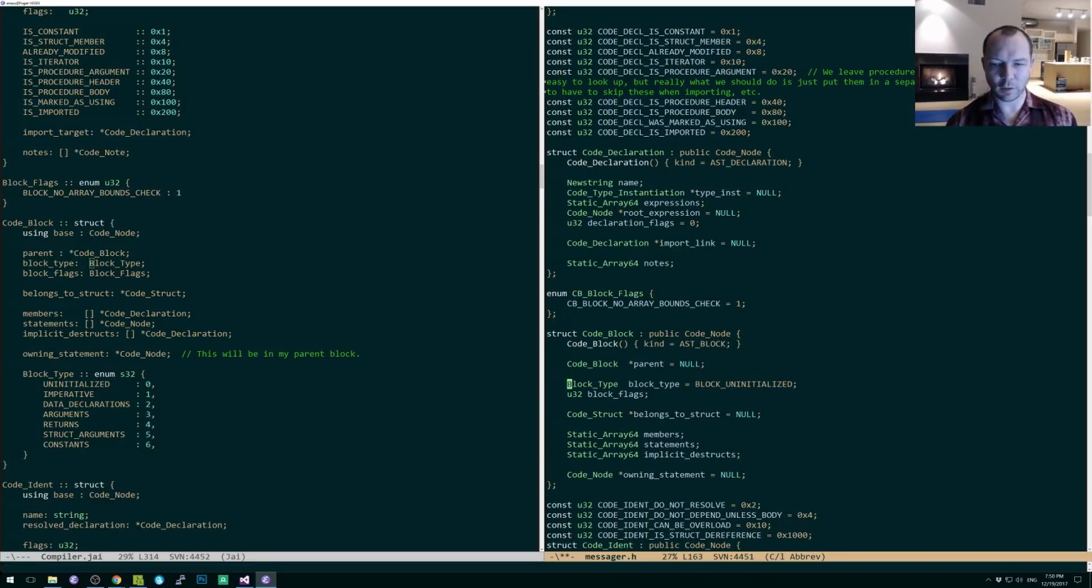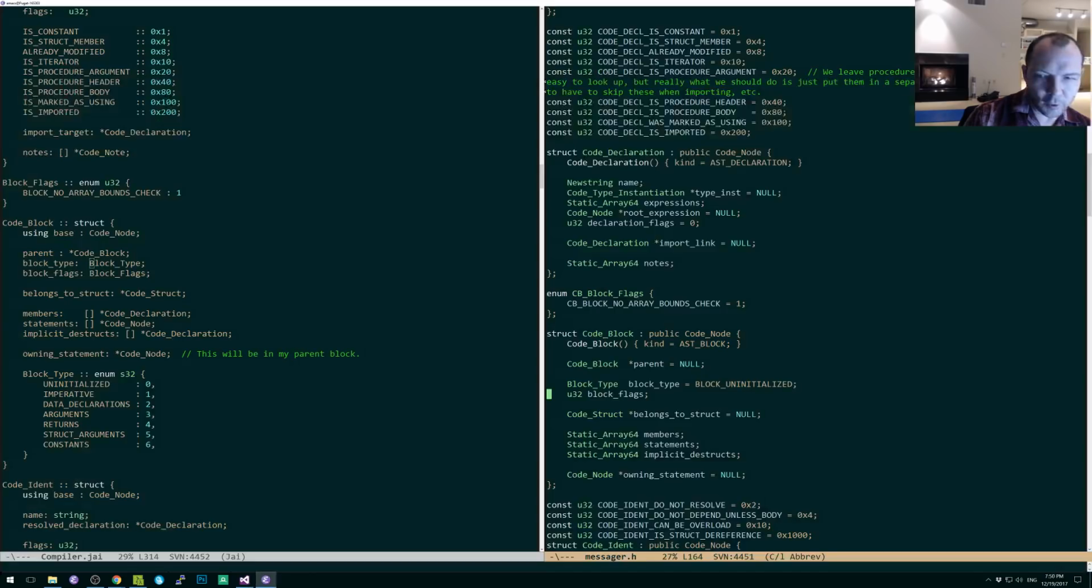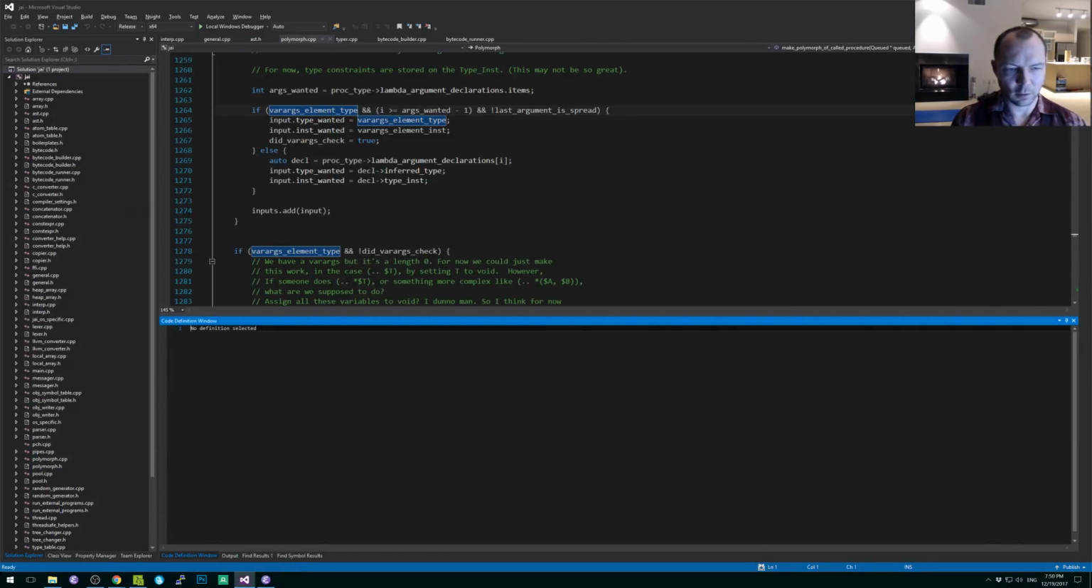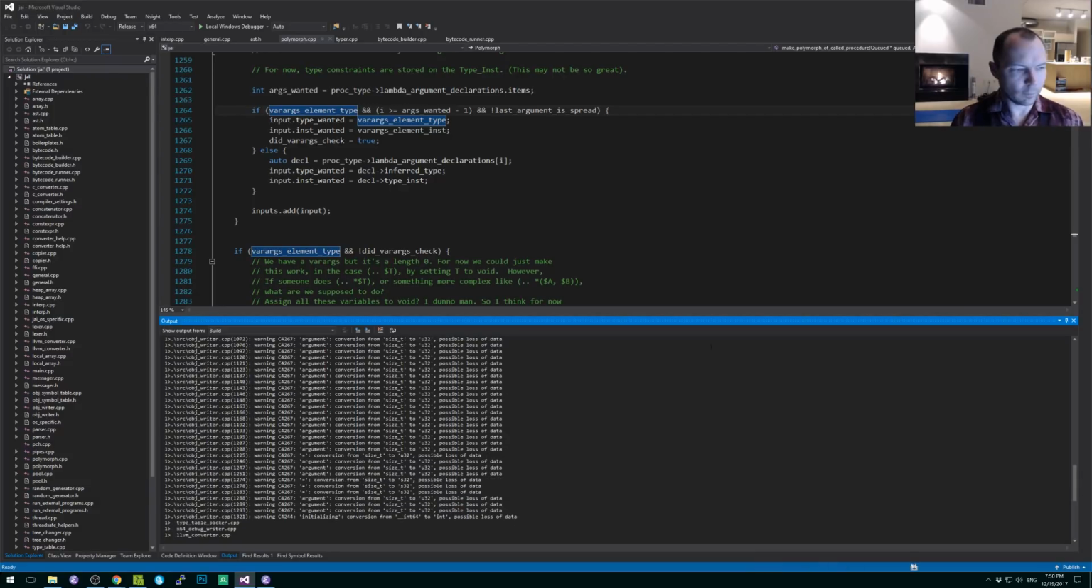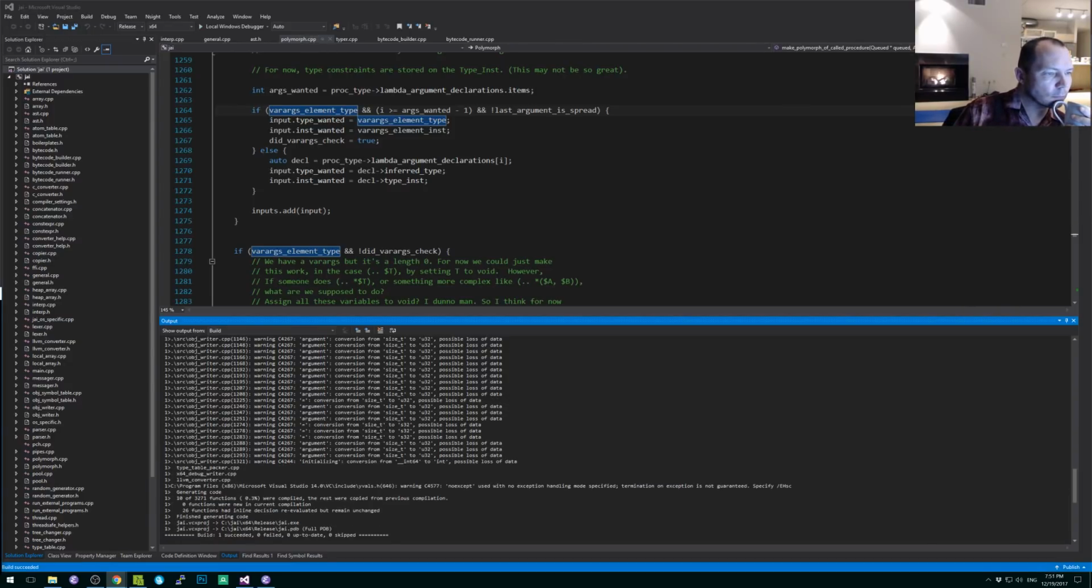These are in the wrong order. Block flags needs to be right after block type. Syntax error. I made a goof. I guess a semicolon is not really here. All right, now